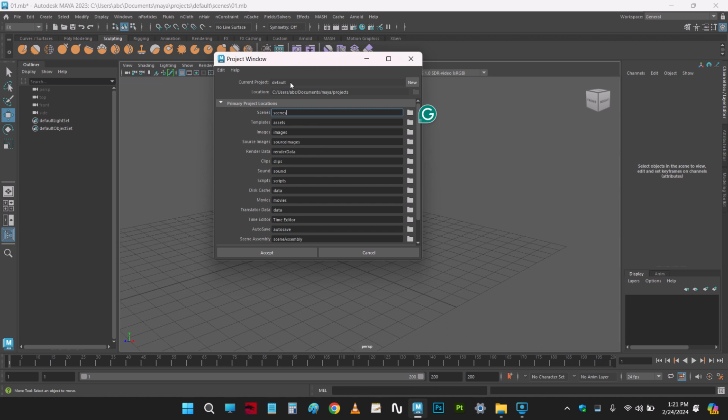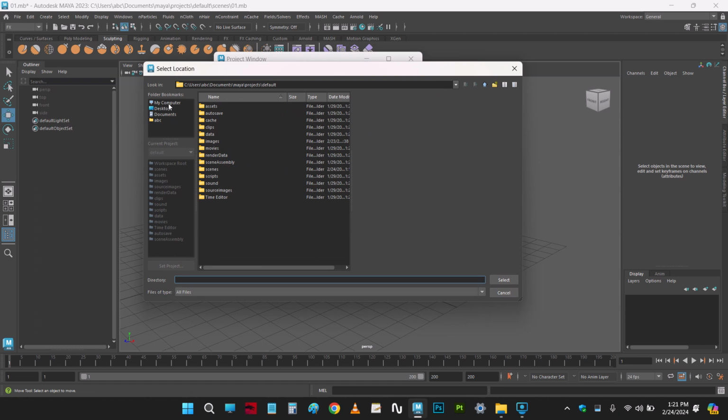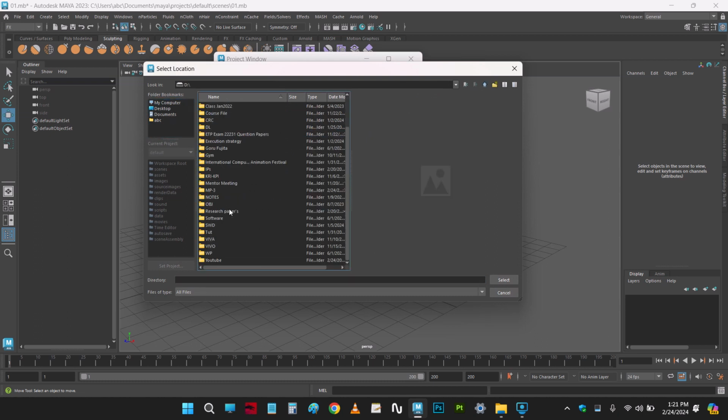So the current project is default, as I told you, and it will be in the documents. So what we need to do is create a new project, and then the current project is the new project. So we're going to name it basic project, okay, and then the location will be something else. We can create any kind of location, my computer, and then the D drive, and then we can create a kind of project. So this will be for the Maya,